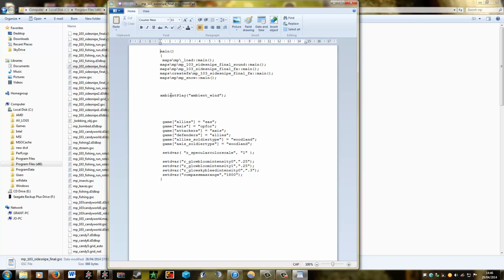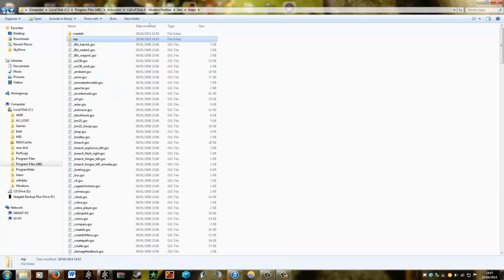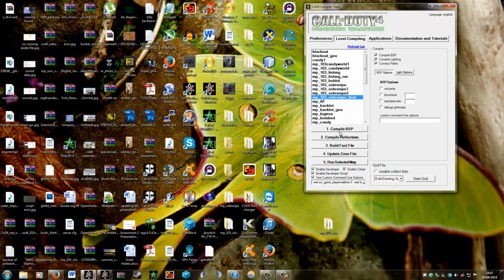So basically, you put the ambient play, ambient wind, because it was called wind in the CSV folder, and then you need to put in here maps MP 103 size type final sound main here. Okay, in your GSE file, that will refer to your effects and stuff for the sounds. Okay, so once you've done that, you then come out of it completely,